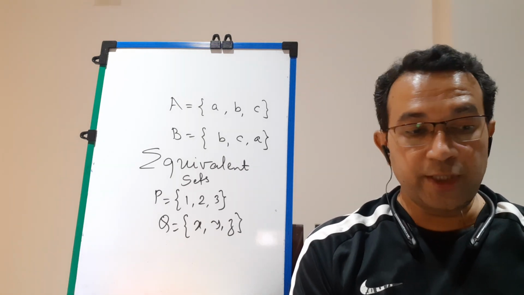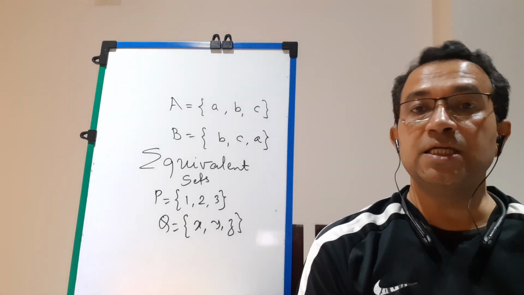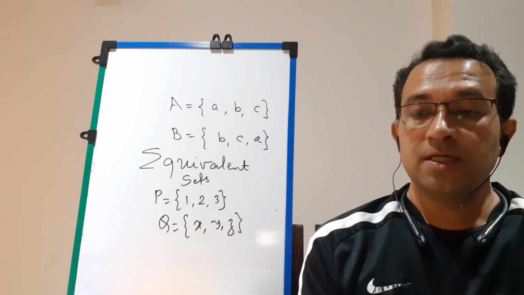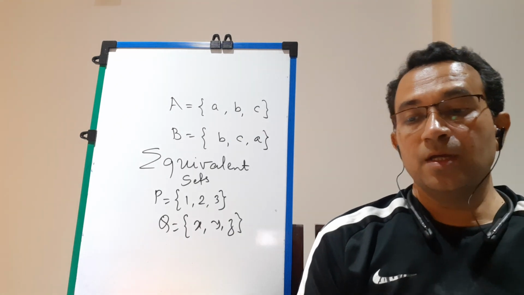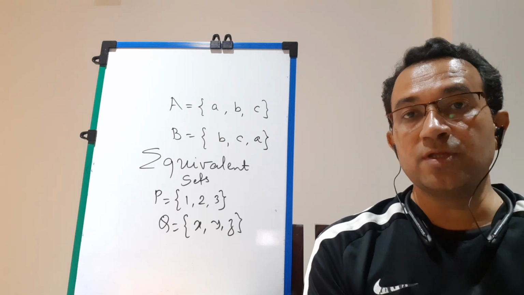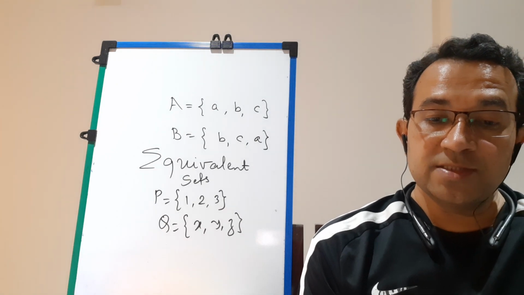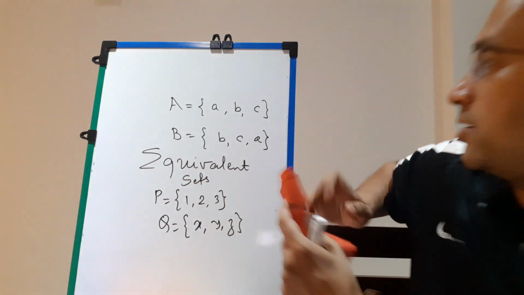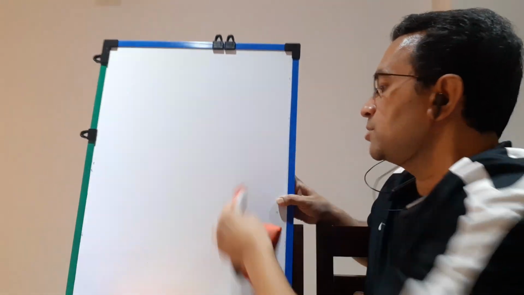Students, exercise 1.2, question number 4. Check which of the following pairs are equal. Now, I think here we can easily do the questions orally. So let us do the first two questions orally. Or if you want, students, we can write also, that is not at all an issue. But the main part of the sum is to understand the concept.